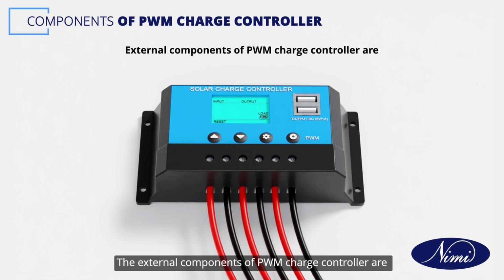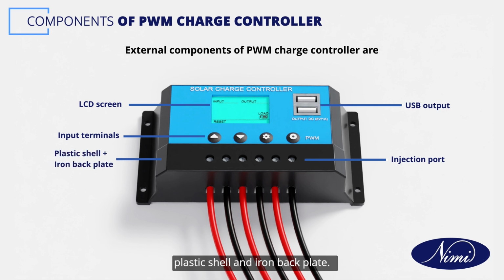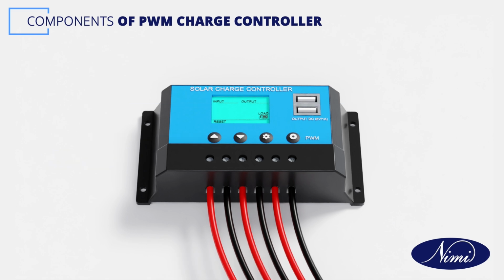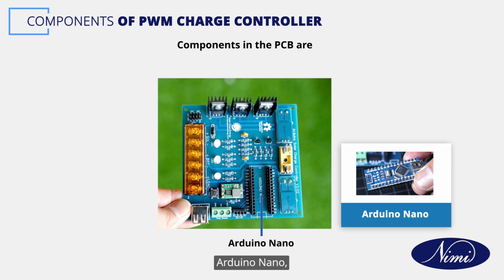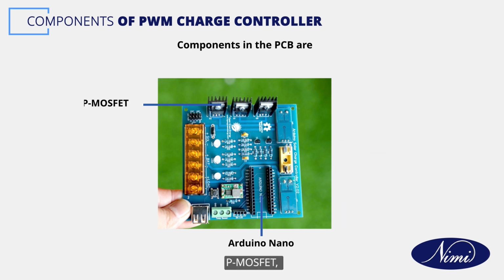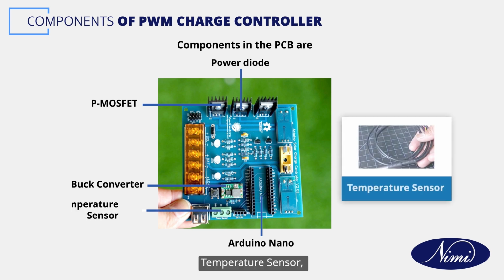The external components of PWM charge controller are LCD screen, USB output, input terminals, injection port, plastic shell and iron backplate. Here is the PCB of PWM charge controller. The components are Arduino Nano, P MOSFET, power diode, buck converter, temperature sensor,